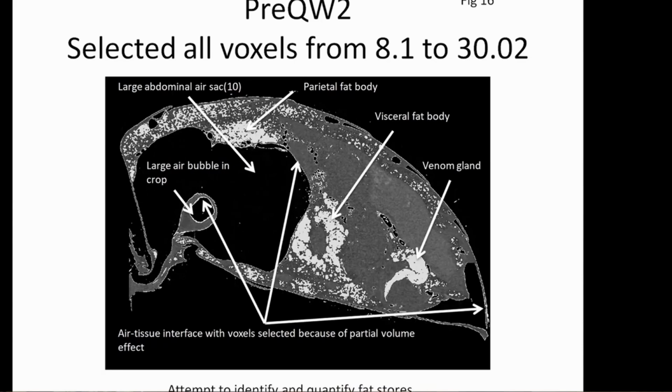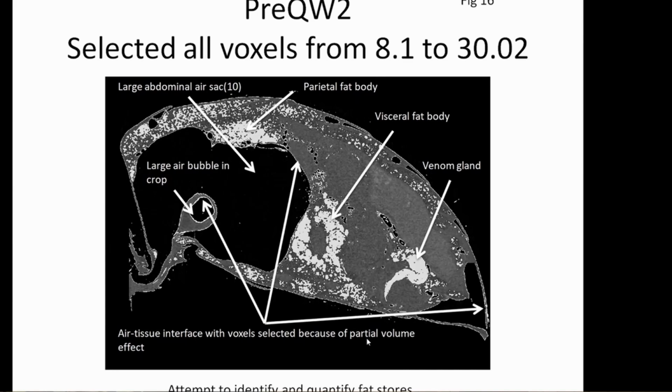We then wished to work out what sort of attenuation values would select out the fat, either in the parietal region round the outside or viscerally, and in this particular wasp it varied between 8 and 30. Notice that we were also selecting the venom gland, and also there was a little bit of selection at the so-called